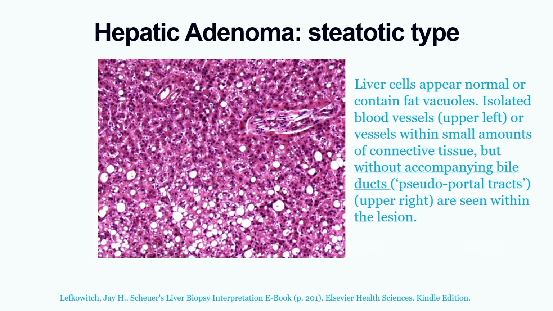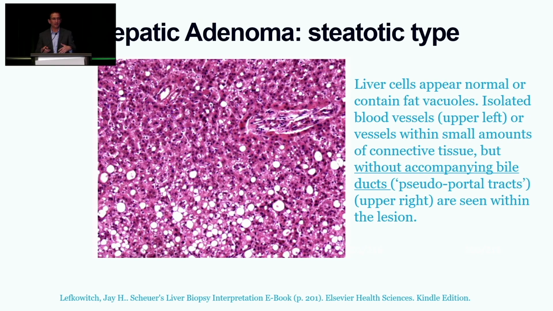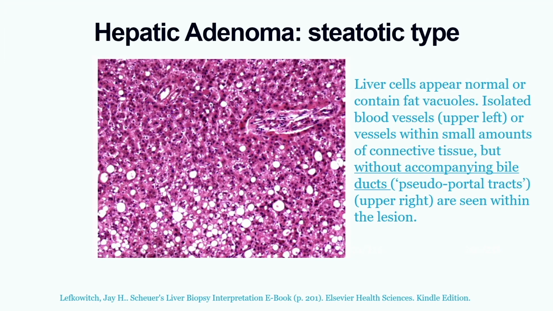The most common type, the HNF1 mutation, is the steatotic type. Liver cells appear normal, with isolated blood vessels, but look at the underlying tissue. There are no accompanying bile ducts. Now, unlike all those previous comments that I mentioned for which the clinical relevance is not clear, this one is